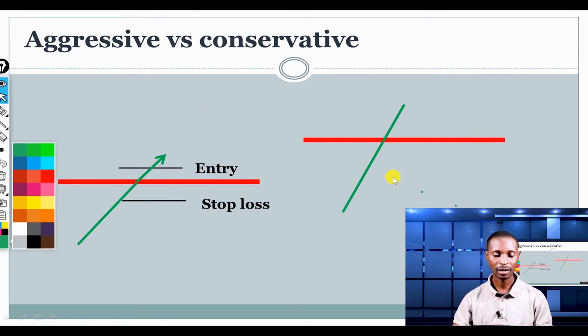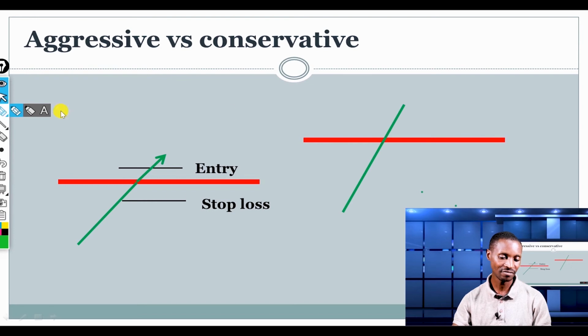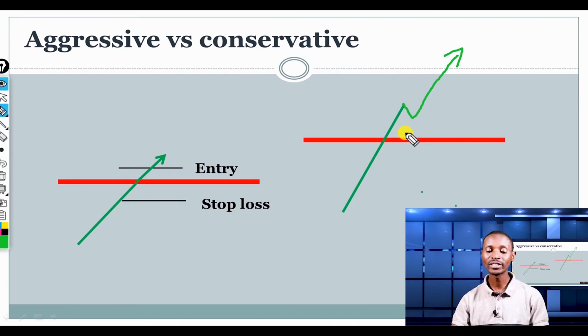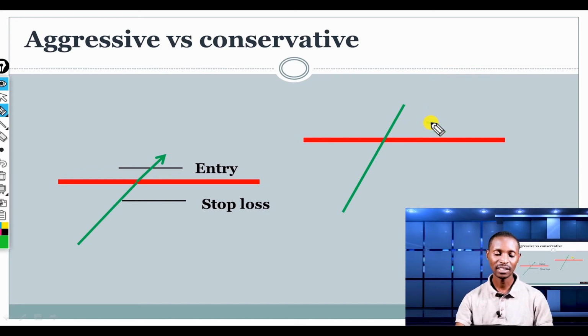the market might break the resistance and then continue higher, or make a very, very tiny pullback and then continue up. Of course, if you are waiting to trade once the market bounced back from this support, of this resistance, which was supposed to turn into support, of course you will miss this trade. That is the disadvantage of trading the breakout in a conservative way, and we will see how you can avoid all of these things in our future lessons,